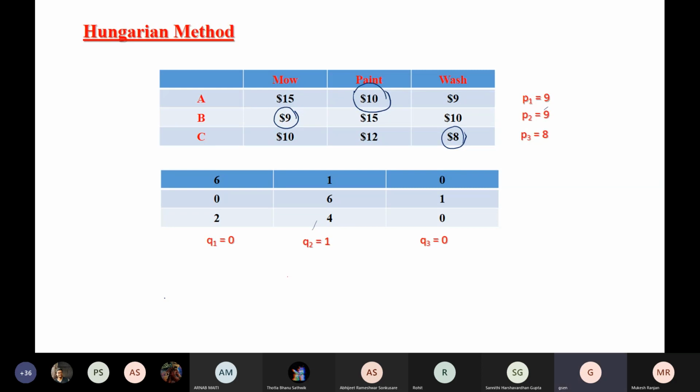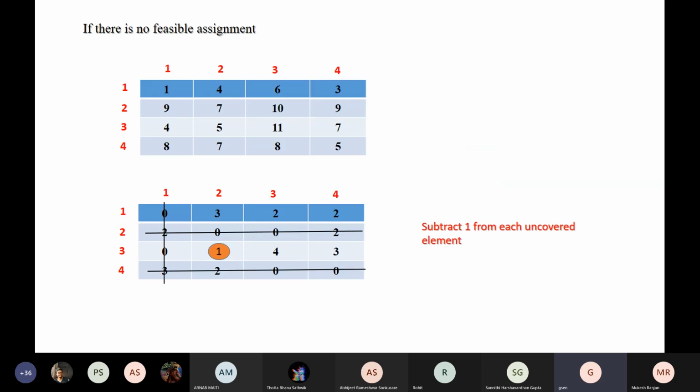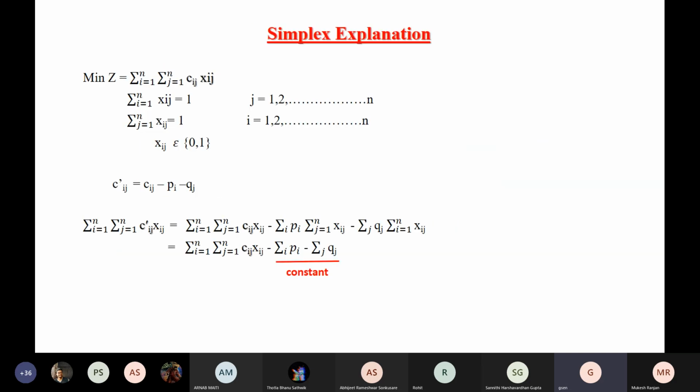So now you have to think from the linear programming perspective, right? What is the formulation of the linear program, and then what this algorithm does to that formulation, and how these revisions or updates in the table help you to find the optimal solution. So this explanation is given here. Now, I want you to first go through this slide and then I'll explain. And if someone already knows this explanation, please explain this slide.